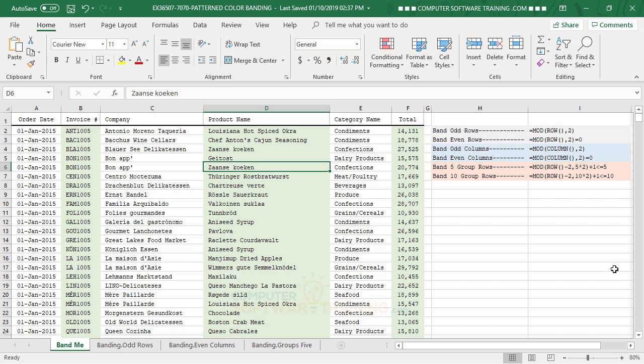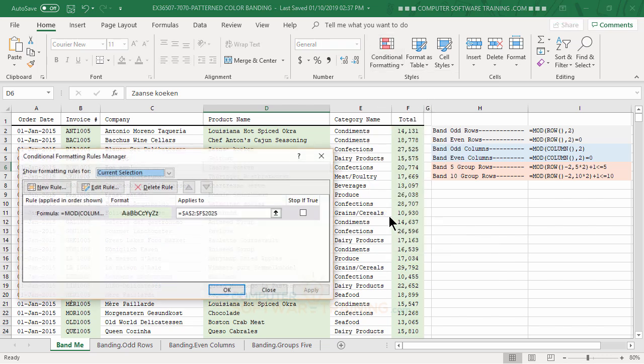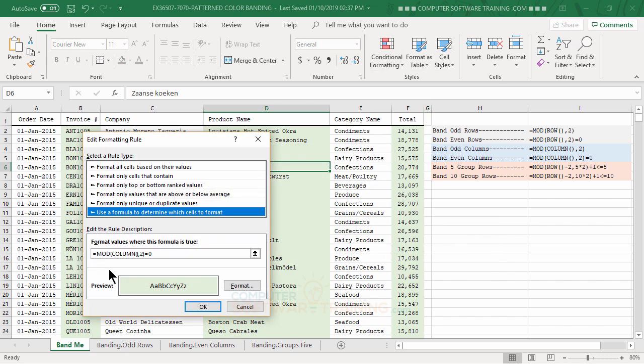Not bad. All right. Now for the last one that we're going to do here, we'll do some bands of 5, I think. And we'll just salvage what we have here. So I'll go back into conditional formatting, go down to Manage Rules, double click it, and I could probably salvage a little bit of this, up to maybe row in this case. I don't have row anymore, so I'll just go to the end here, backspace all the way back to mod, and here I'll type in row,